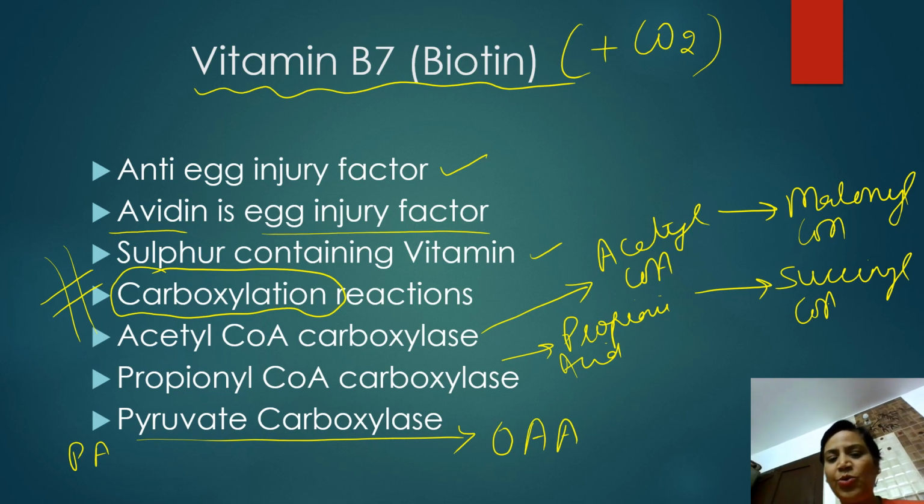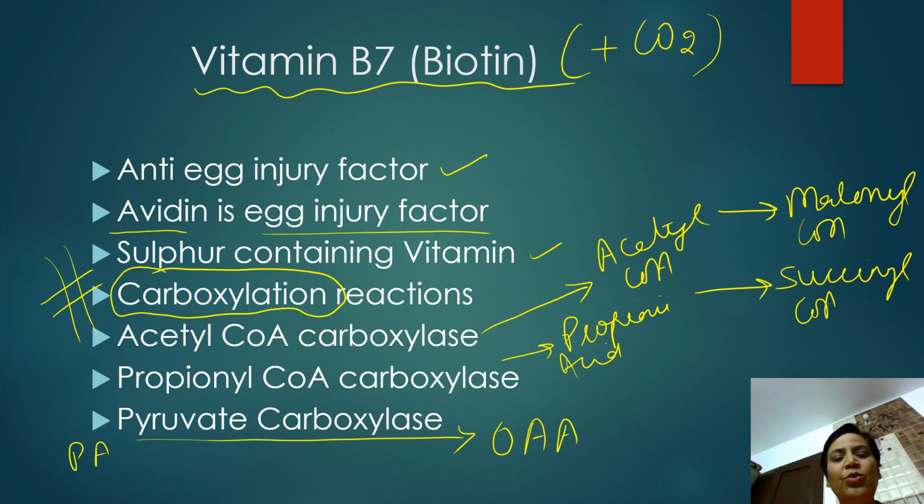So today we discussed the water-soluble vitamins. Vitamin B2, which is riboflavin, active form is FAD-FMN. We discussed B3, which is niacin, the active form is NAD and NADP. Then we discussed B5, which is pantothenic acid, the active form is CoA, whether it is acetyl CoA or propionyl CoA. We discussed B6, which is pyridoxine or pyridoxal phosphate, or PLP, which is required for transamination, the most important thing, transamination and decarboxylation, and transsulfuration and deamination.